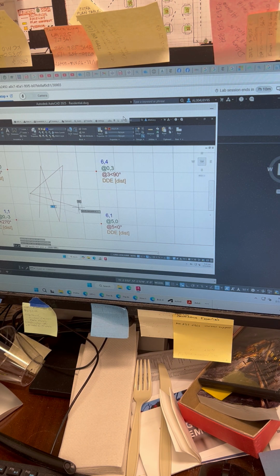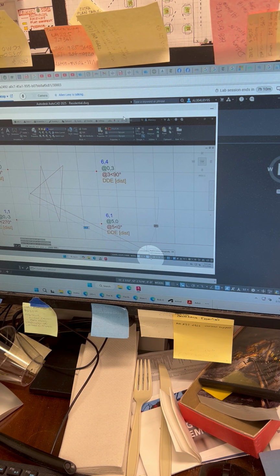Okay? And so when I pick points and draw lines, they are at all sorts of angles. But sometimes I want to make sure that the lines I draw are perfectly horizontal or perfectly vertical. That's where I can turn on this drafting aid, ortho. It forces me to draw lines at orthogonal angles of 0 and 90 degrees, horizontal and vertical. If I turn it on,